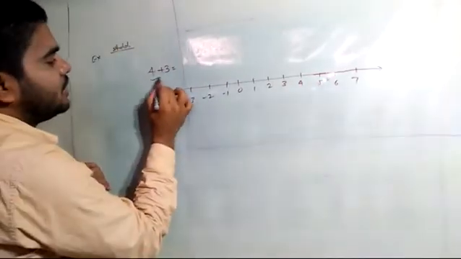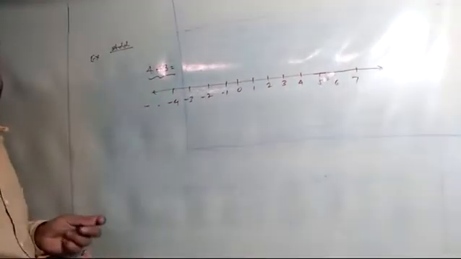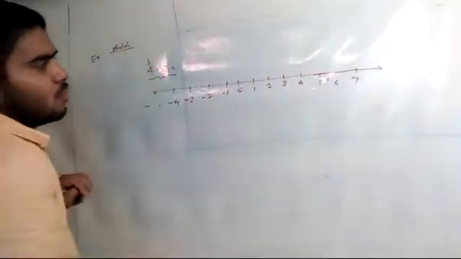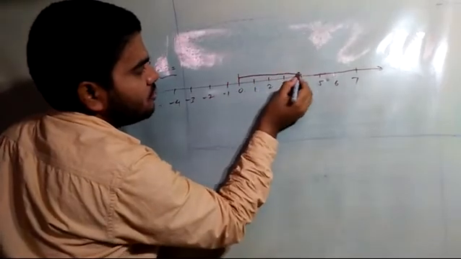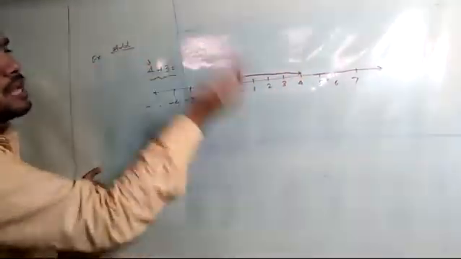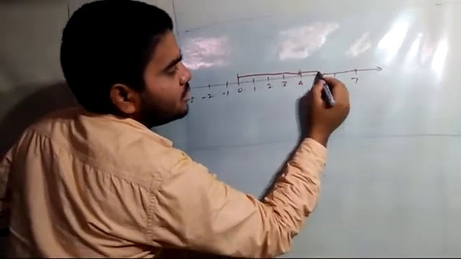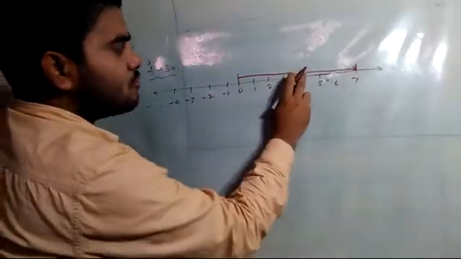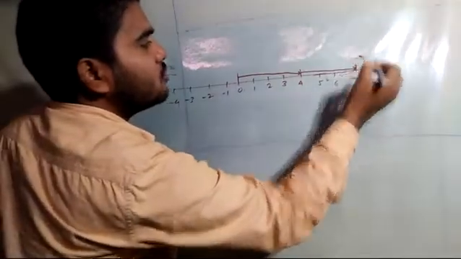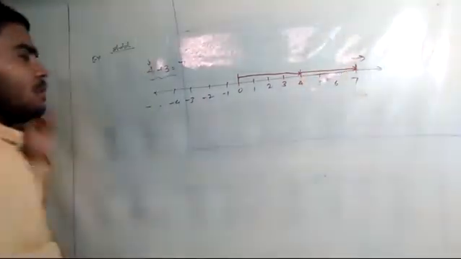Generally we can find mentally also that 4 plus 3 is 7. But here what we have to do is represent this addition on the number line. So the first number is plus 4. From 0, you draw one line up to 4. The arrow will go up to 4 like this. Then you have plus 3. Plus 3 means again from here 1, 2, 3 you have to move. So your answer will be 7. 0 to 4, then plus 3 means you are moving towards this side. So the answer is equal to 7. You can write 7 here. Finally, your number line will be like this.